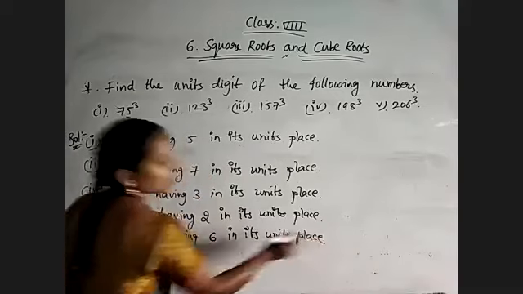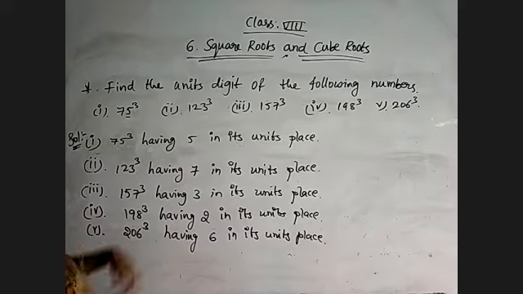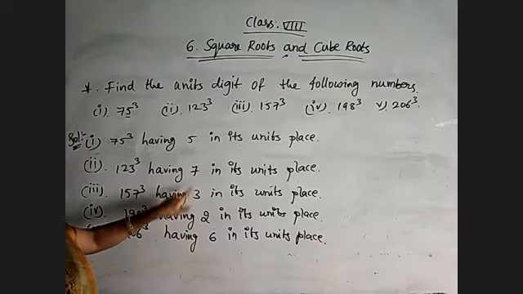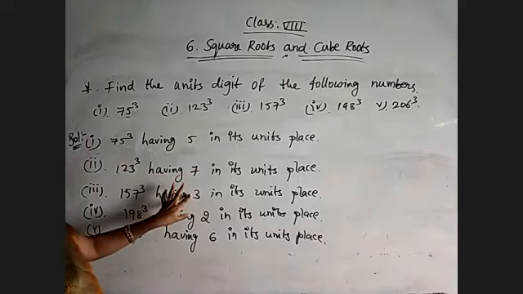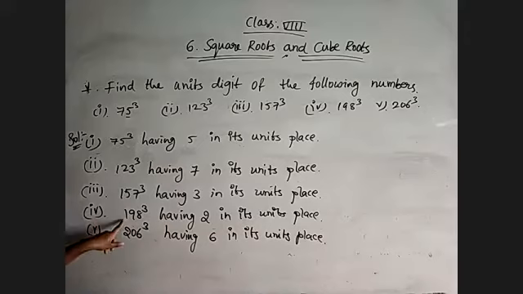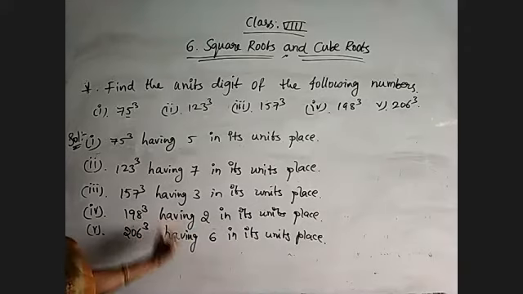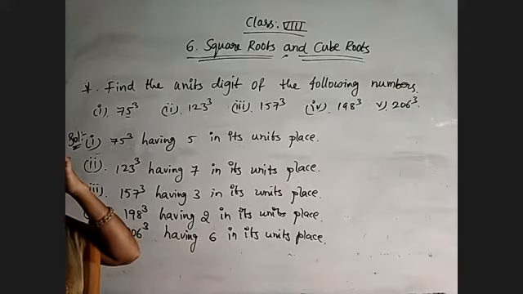That's all. So just observe which one is an odd number, which cube is even. Because 5 is there, 7 and 3, all these 3 are odd numbers. So 75 cube, 123 cube and 157 cube are odd numbers. 198 cube and 206 cube have even numbers in their cube value. So those two are even numbers. Okay.